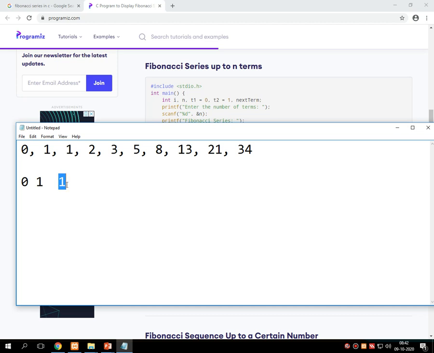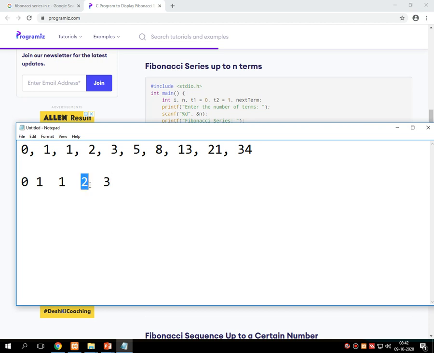That means the numbers get interchanged. I have to add these two numbers, which gives 2. Now this number becomes the old one, and whatever the output is becomes the new number. I add these two numbers, which gives me 3.